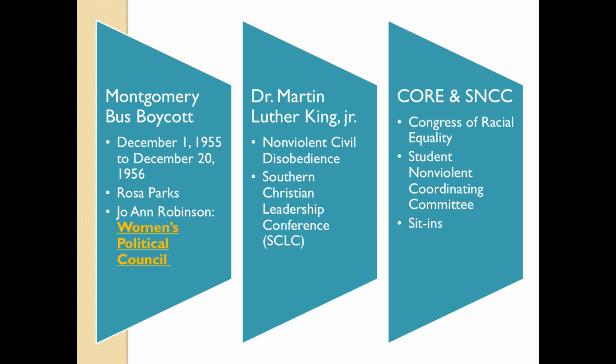CORE is still around. It's the one organization that stayed after World War II, the Congress of Racial Equality. But we have another organization as well, collectively called SNCC. People called it SNCC, the Student Nonviolent Coordinating Committee. Mostly in the beginning, they organized massive sit-in protests at places, especially at restaurants and lunch counters that would refuse to serve black people.